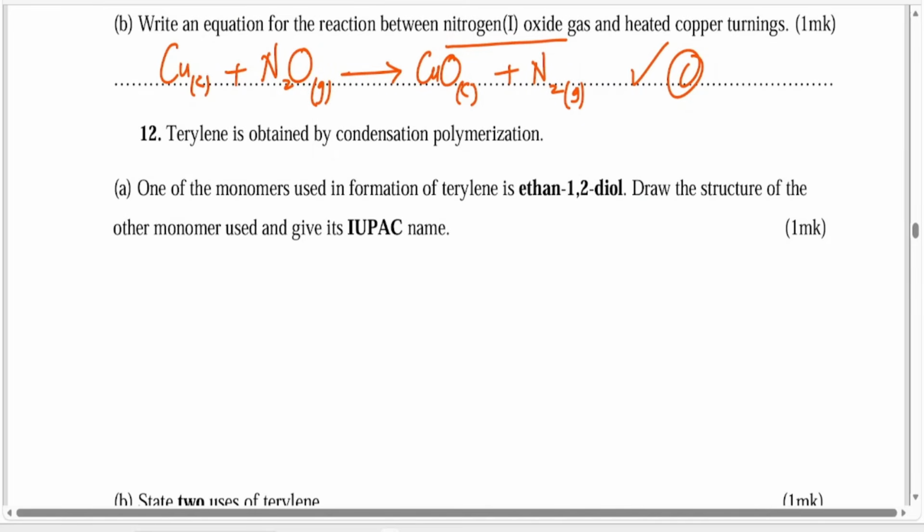Terylene is obtained by condensation polymerization. One of the monomers used in formation of terylene is ethane-1,2-diol. Draw the structure of the other monomer used and give its IUPAC name. Terylene is prepared by reacting ethane-1,2-diol. The formula of ethane-1,2-diol, we have